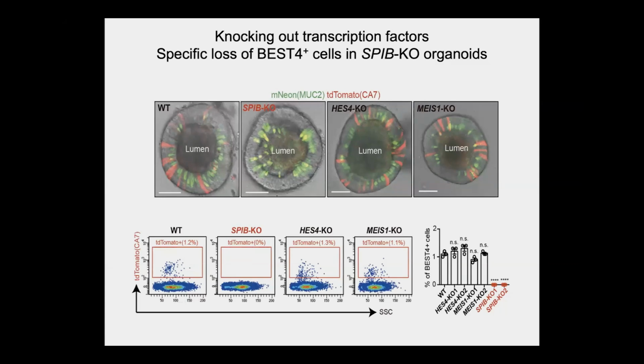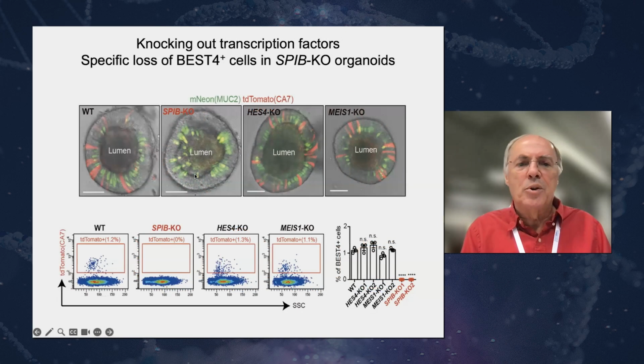epithelium. So then Daizong wanted to create an identical organoid derived from the cell line he was using, but that would be identical in any other way, but would not have BEST4 cells as a negative control. Turns out that when he knocked out the SPIB transcription factor unique to the BEST4 cells, he totally loses the BEST4 cells here. So we have a line that has them, there we can induce more of them with gamma interferon, and we have a control line that in any other means is the same, but doesn't have BEST4